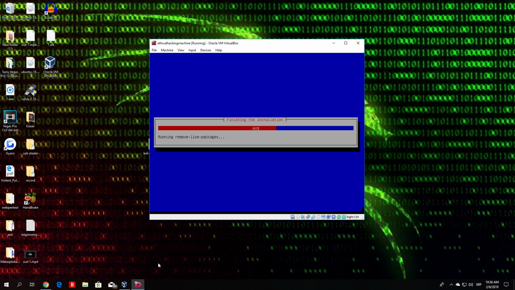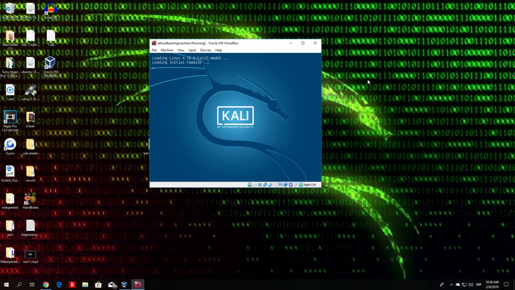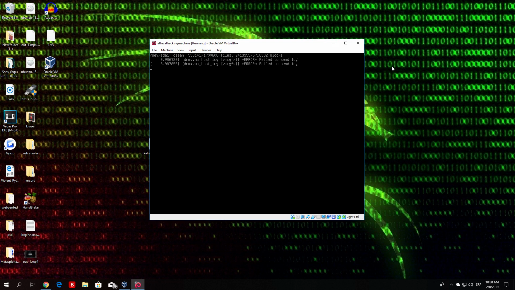So here it is, finishing the installation, it is at 60%. So after a few minutes our installation has finished and now we are booting in. While this process is taking place, just don't click on anything. Now my installation has finished and we're booting into our Kali Linux machine. For the first time it might take you a few minutes to boot in. It surely will take me at least like 5 minutes